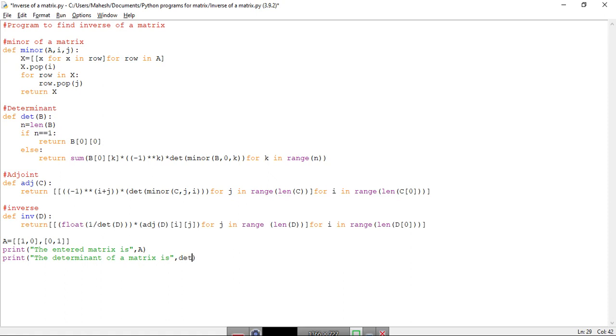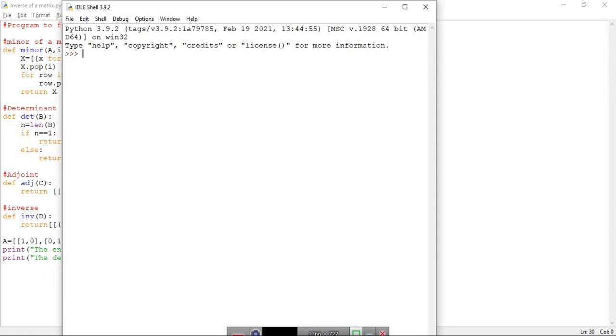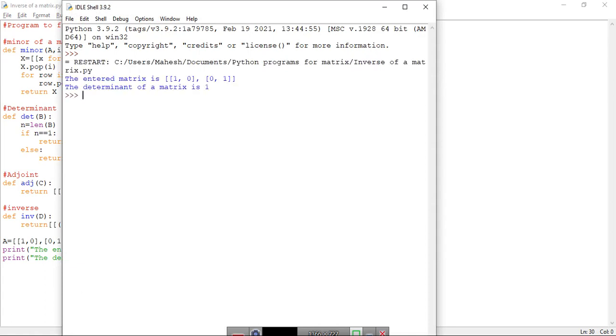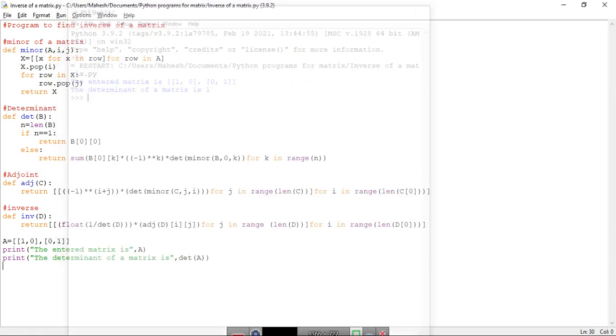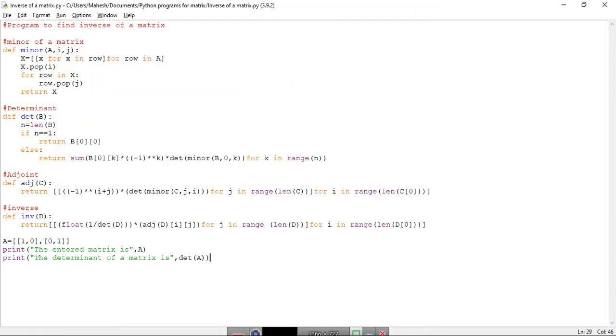So det, and the matrix we have taken that is A. Okay, this will print the determinant. Let's see. And as we know, the determinant of that given matrix is 1. Okay, that is done. Then after determinant, let us print what is the adjoint of A.